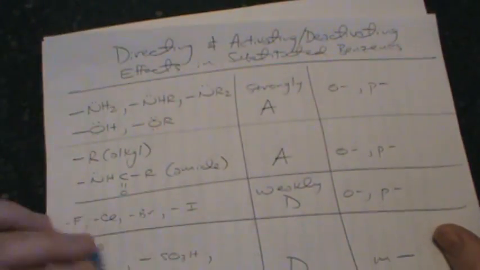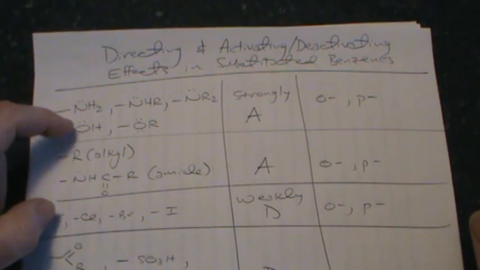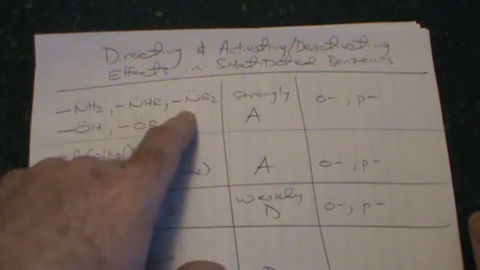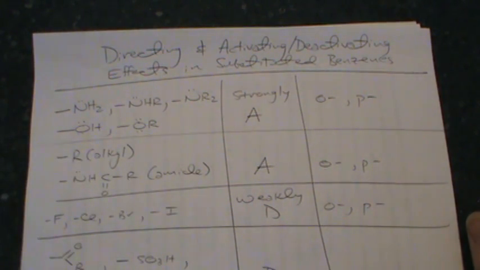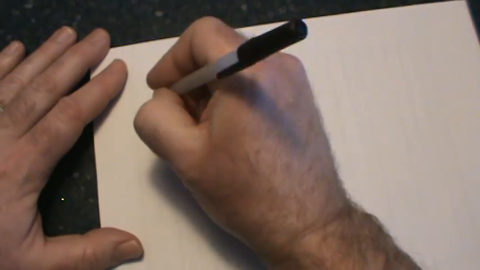Now this leads to an interesting related discussion. It turns out that these amino groups and the hydroxyl group, part of aniline and phenol, and closely related structures like this ether or these substituted anilines, they are so strongly activating that sometimes it's hard to stop the reaction from proceeding further. For example,